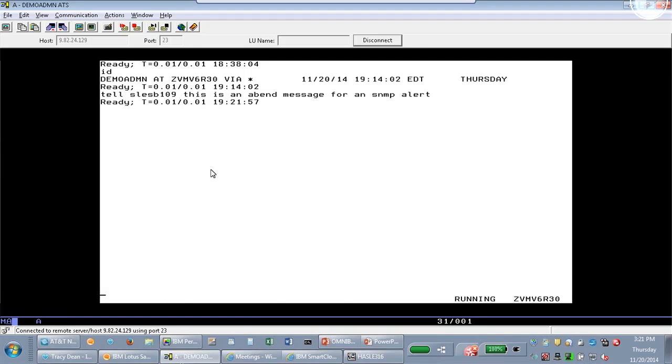Now all I've done is use a VM function called TELL, the message facility, to tell this user, SLESB109, to put this message on its console. This is an abend message for an SNMP alert. The important thing here is that we have the word abend in the message and the word SNMP in the message. Now I'll use another Operations Manager function called VIEWCON to look at the console of